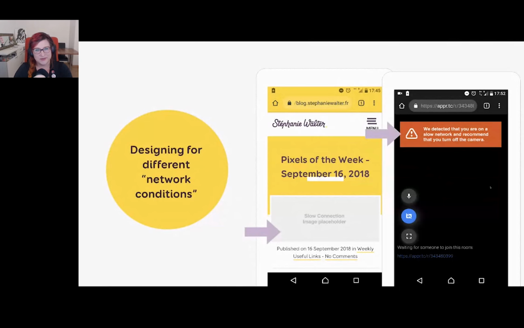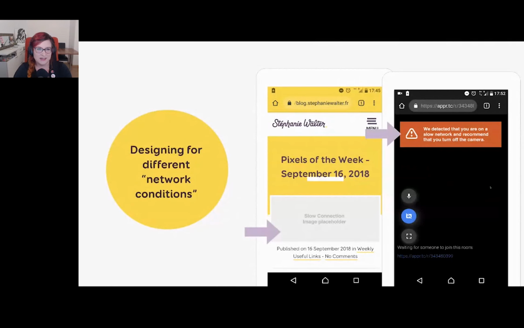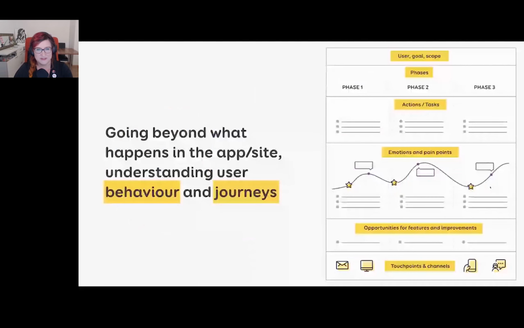So to design for different user situations, what we need to do is really to understand how people really use the apps and websites. And it's usually going beyond what happens while they are in the app. It's really trying to understand what's happening around, the whole ecosystem, and thinking about the whole journey. At some point they might have my website or my app in their hand, but things are happening around all of that. And there's a UX method to help us with that, which is doing a lot of user research to really understand the environment, and building a user journey map, which is the kind of thing on the right.